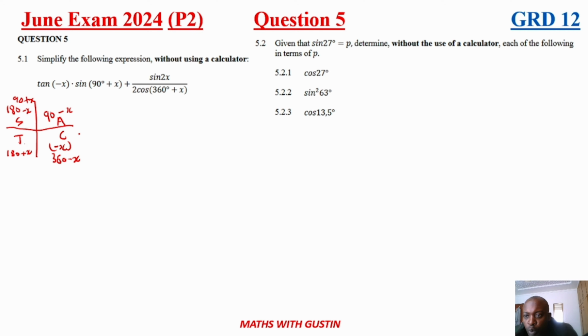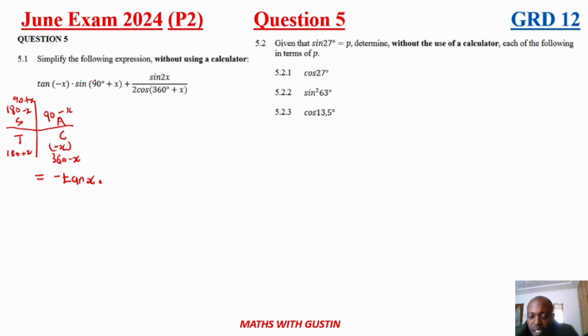So now when you simplify this, the only thing you need to do is ask whether tan is positive or negative where it's minus x. When you come here, it's cos that is positive, so therefore tan will be negative. So your answer will be negative tan x, right? I'll try to be as slow as possible because I got a comment saying that I'm moving a little bit fast. And then here you've got 90 plus